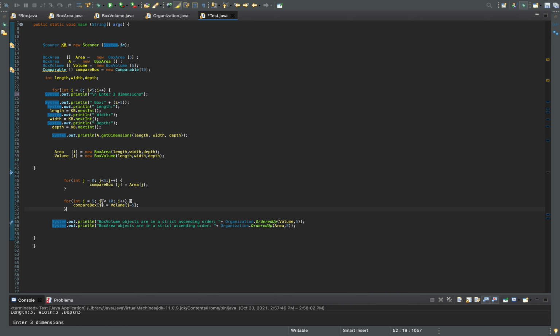This is the loop for the volume one. It does the same task. This one starts with 5, and it loops up to 10. And this one loops for volume. So it compares the values of compare box J with the values of volume J, and it's -5 because, you know what,